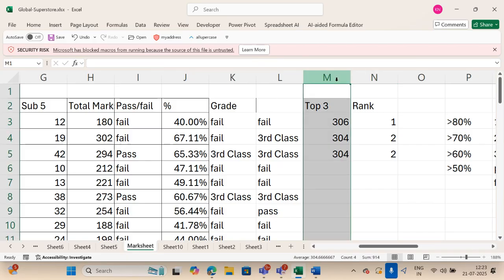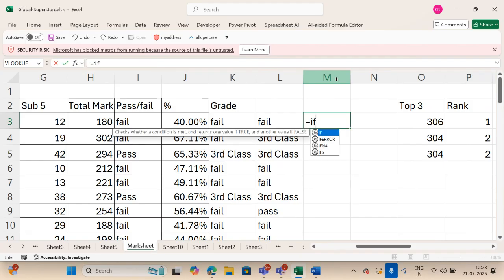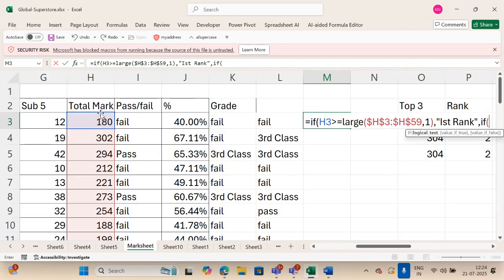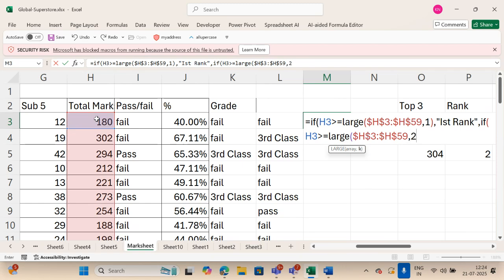और वैसे ही हम क्या कर सकते हैं, यहाँ पे भी ले सकते हैं, इज इक्वल टू IF, है ना, अगर ये दिस ग्रेटर देन इक्वल टू LARGE कॉमा 1, अगर ये सबसे बड़ा है, ठीक है, सबसे बड़ा है, तो इसको क्या दे दे, तो इसको फर्स्ट रैंक दे दे, है ना। फिर एक और IF ले लो, इफ दिस ग्रेटर देन इक्वल टू LARGE कॉमा 2, देन इसको क्या दे दे, सेकेंड रैंक, और नहीं तो सेकेंड रैंक, है ना, और नहीं तो फिर एक और